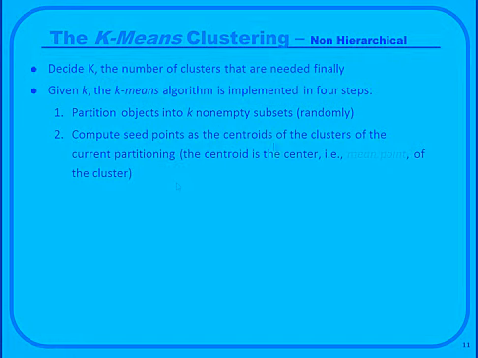Next, you compute the seed point for each of the clusters. In each cluster you have several objects. You calculate their centroid, their seed point. That's what gives you the seed. You calculate the mean for each of the objects. So let's say in a particular non-empty subset, say the 5th subset, you have 15 observations. You take the centroid of those 15 observations. So essentially, if it has x and y dimensions, it will be x1, x2, x3, x4 till x15 divided by 15.